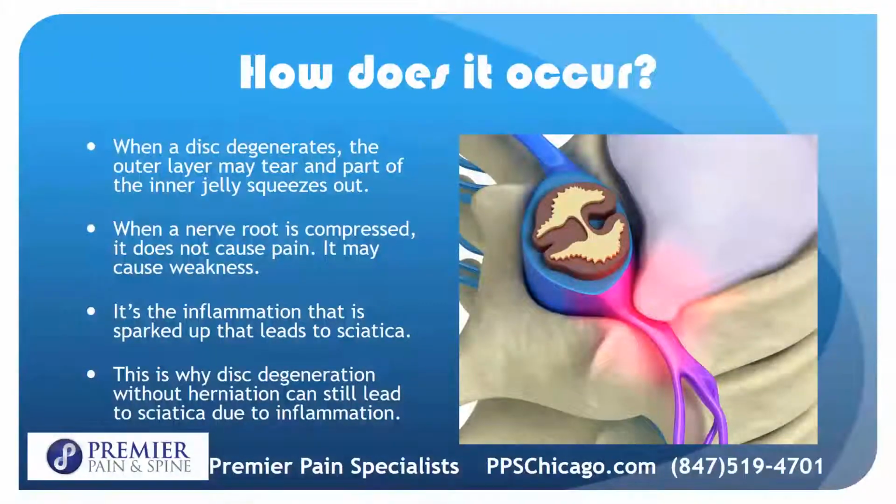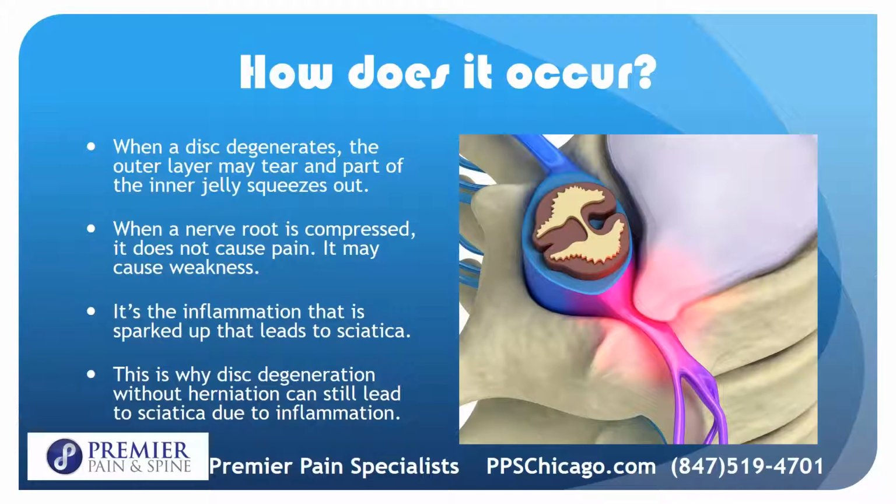Well, how does it occur? When a disc degenerates, the outer layer can tear and part of the inner jelly can squeeze out, okay? If this compresses a nerve root, that in and of itself does not cause pain, okay? It may cause weakness, but not pain. It's the inflammation, see this red, that gets sparked up that leads to the sciatic pain that goes down the nerve root, all right? This is why disc degeneration without herniation can still lead to sciatica due to inflammation, because